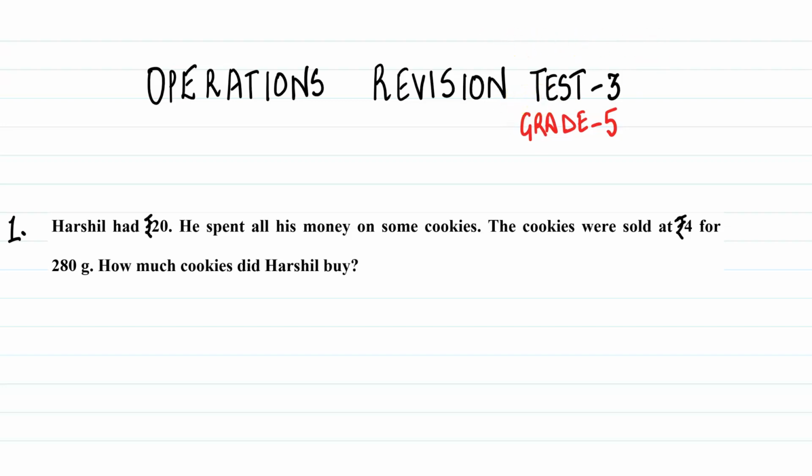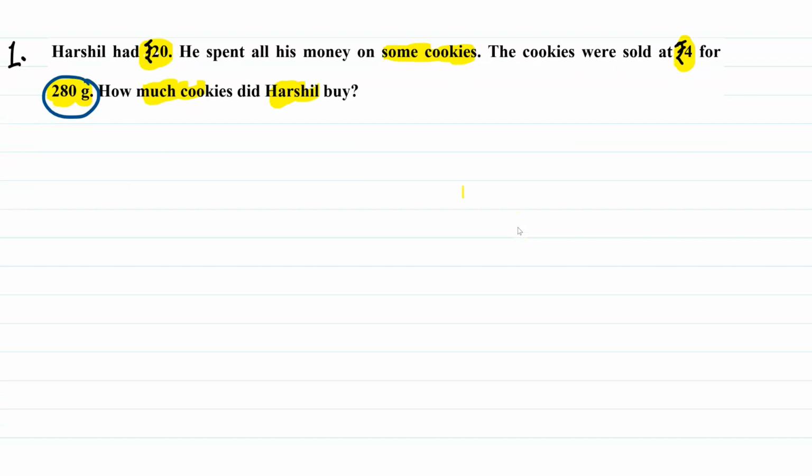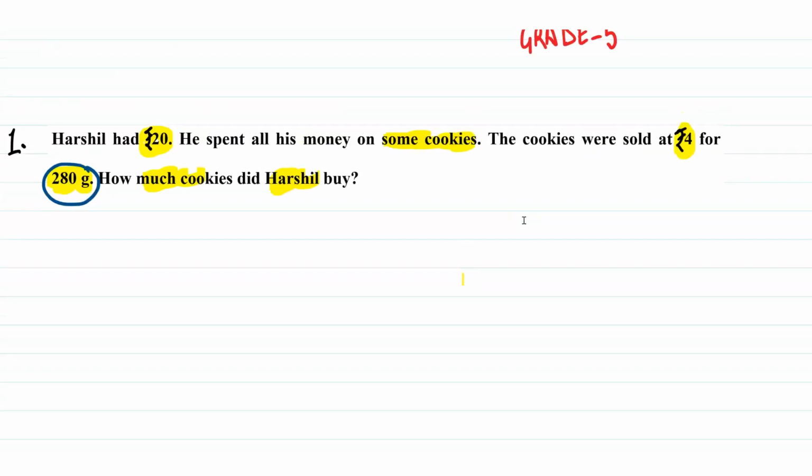So let's start. It says that Harshal had rupees 20. He spent all his money on some cookies. So he had rupees 20 with him and he spent all his money on some cookies. The cookies were sold at rupees 4 for 280 grams. So how much cookies did Harshal buy? Basically we are asking how many grams Harshal bought. Cookies come in packs of 280 grams and each pack is rupees 4, and he has